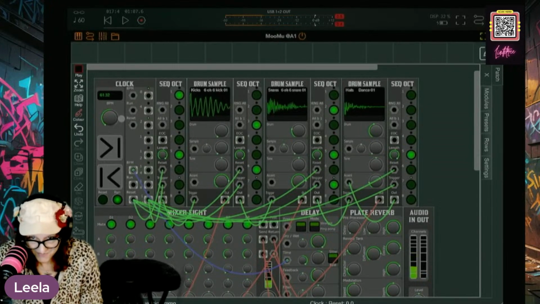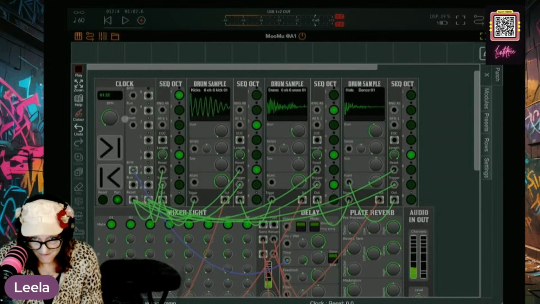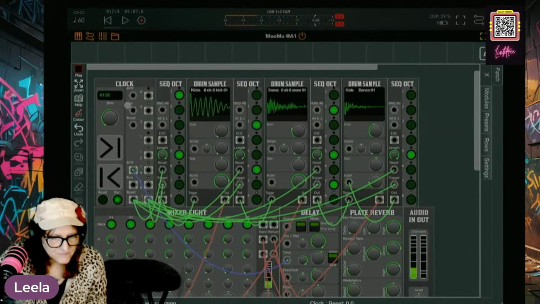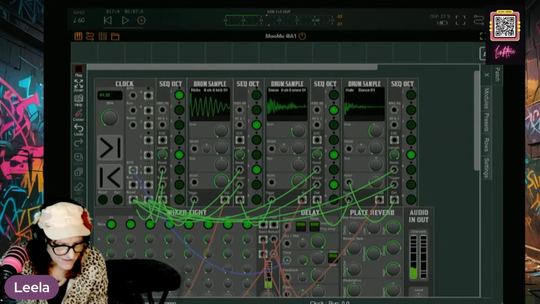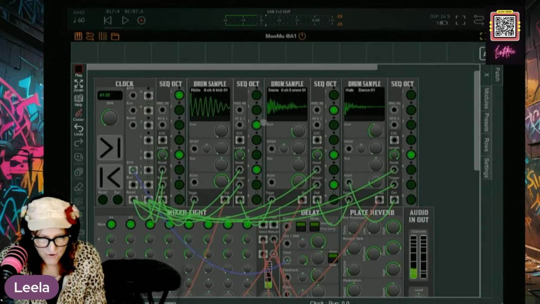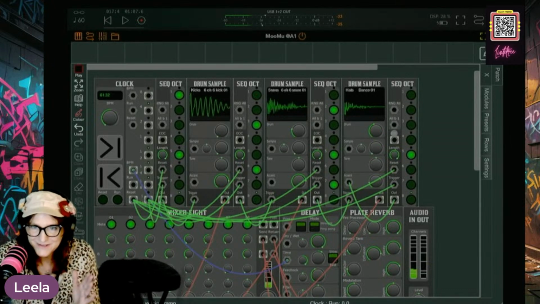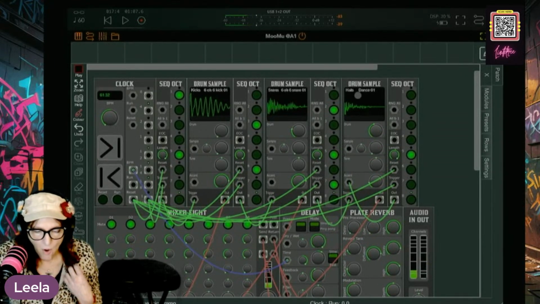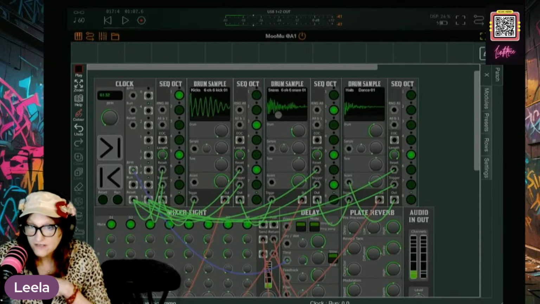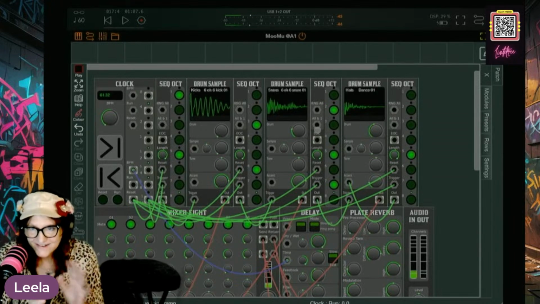See, it's just a simple, let's click off run. So as you can see, there's a reset, so all of your clock stuff will be aligned.